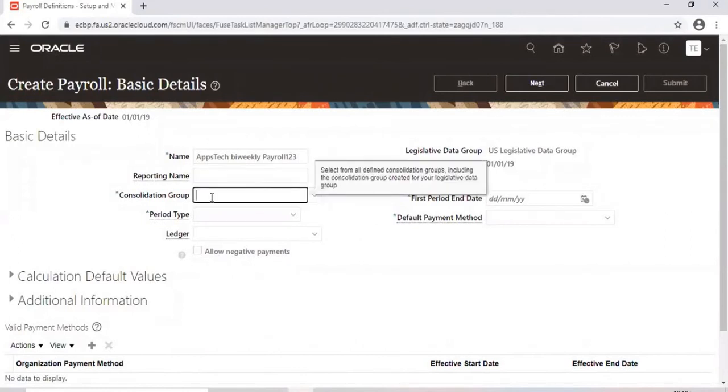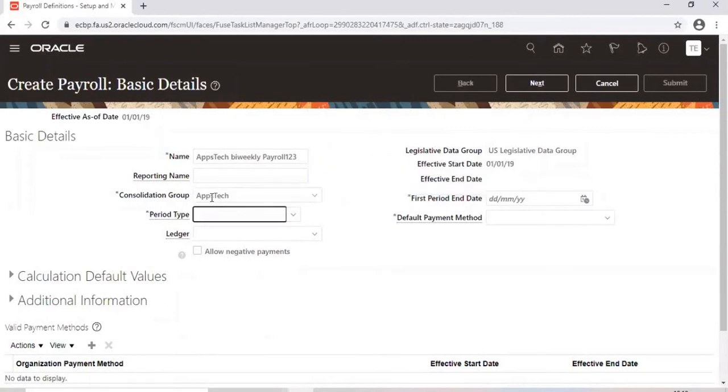Then your consolidation group. We talked about it yesterday, right? We already created a consolidation group. Let's say, for example, in our organization, I have different payrolls, like manager payroll, clerical payroll, maybe factory payroll.